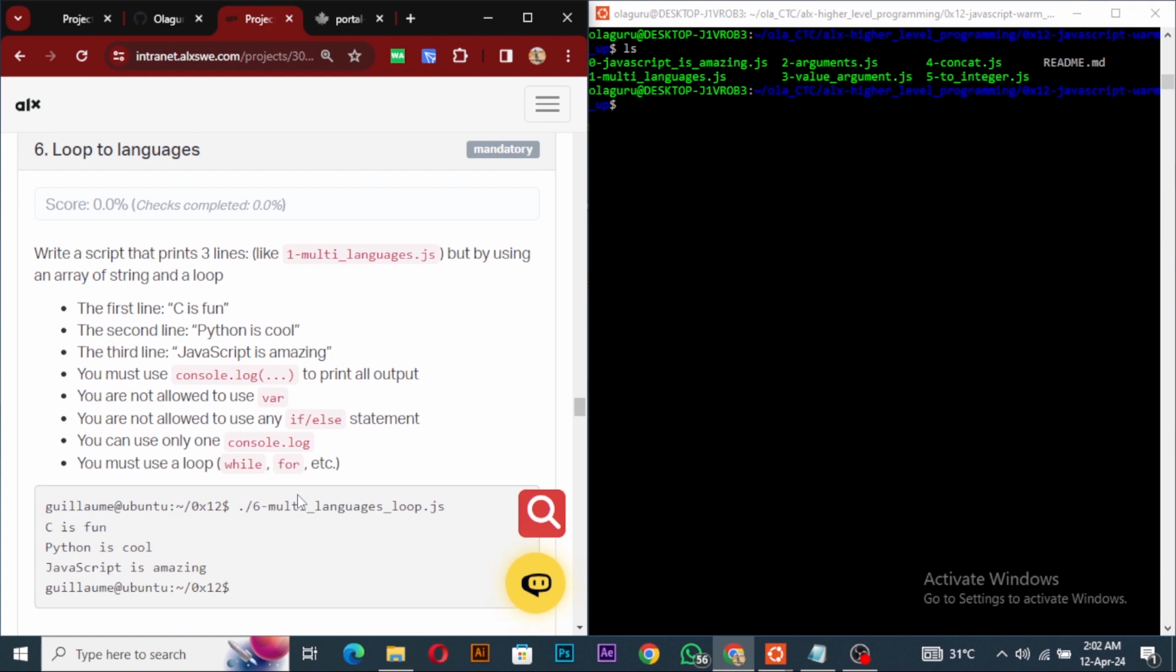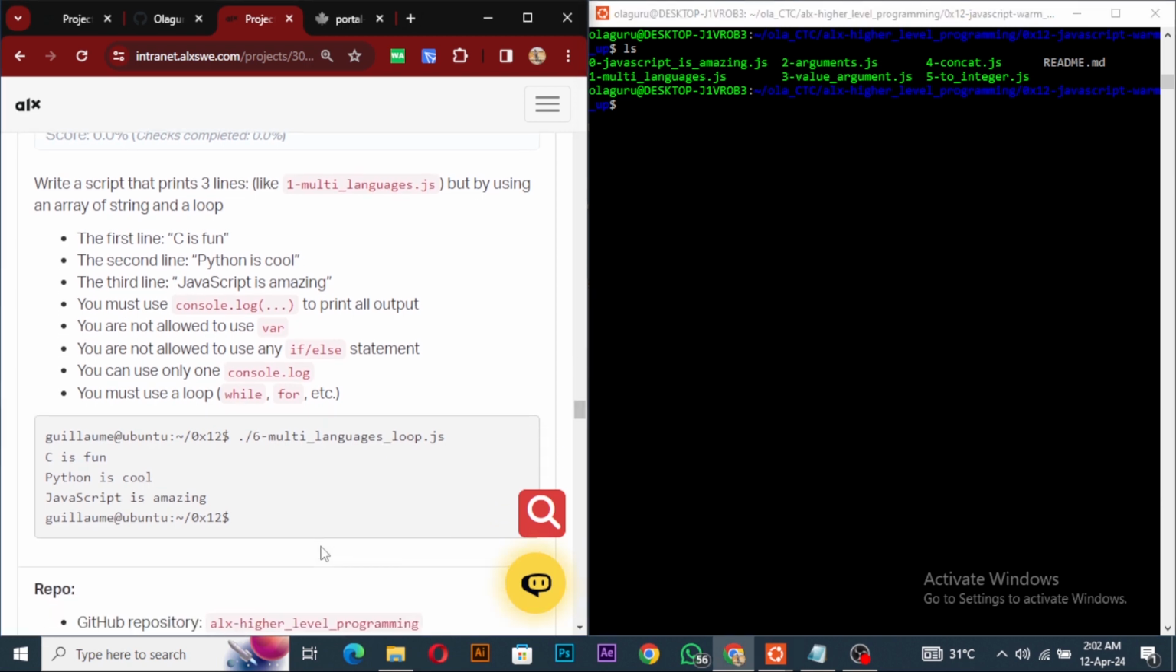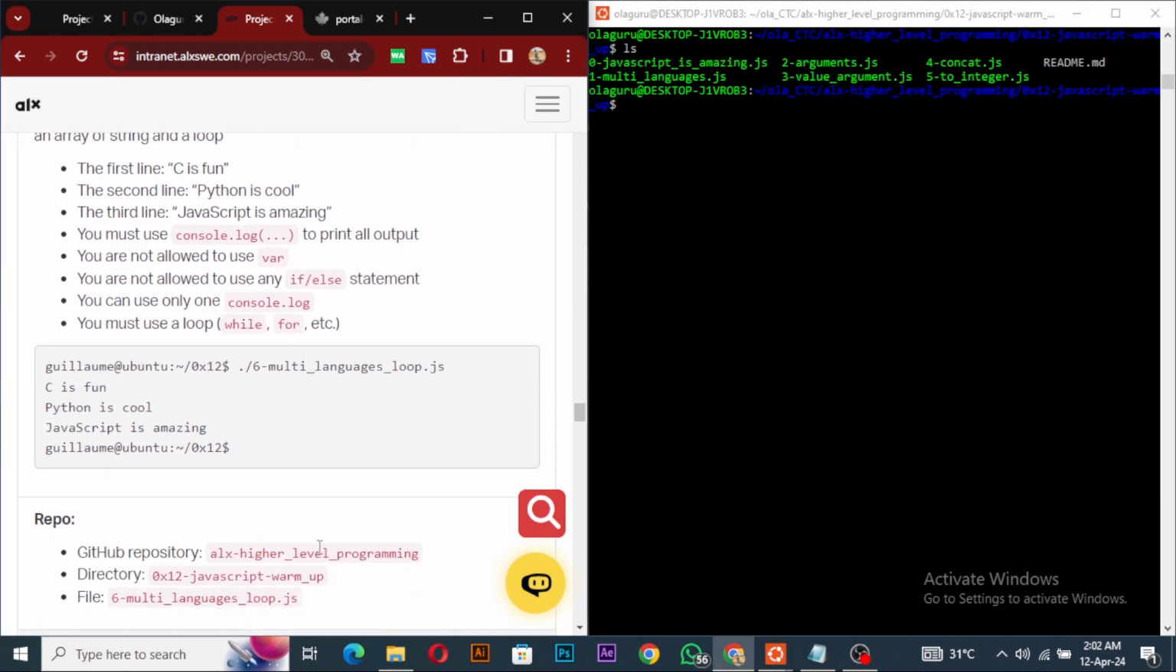So we close this and ask for correction, and write a script that prints 3 lines, like the one we did earlier. Write a script that prints 3 lines like this, but by using an array of strings and a loop. So we have to use a loop and an array of strings. So first we do what we do normally by copying this guy